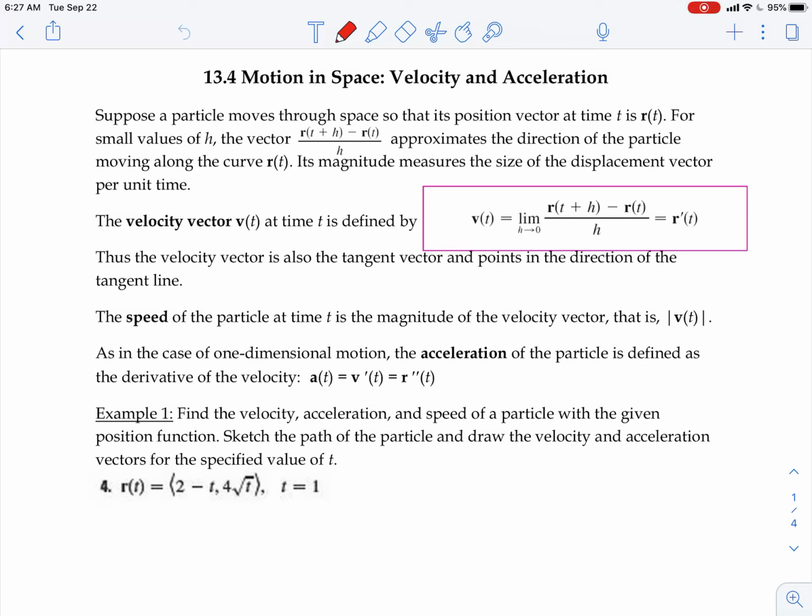Alright, next we're going to do motion in space. So starting new chapter 13.4, now we're going to talk about motion in space. And so we're going to talk about velocity and acceleration in the three-dimensional coordinate system, so in space instead of